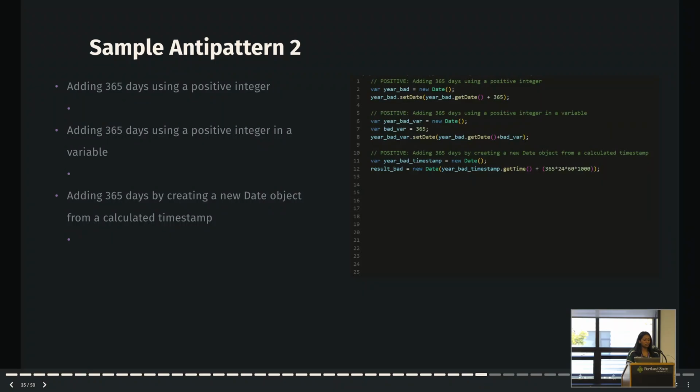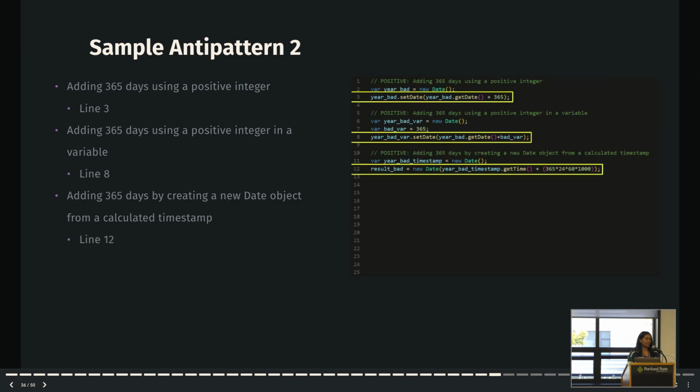Based on these samples, we have 3 alerts we would like CodeQL to find. Does anyone have any ideas what lines they would be on, if you can read the line numbers from where you are? If you could guess and see it from where you're sitting, lines 3, 8, and 12 should be the ones that are alerted, with the entire statement with the addition being highlighted. Based on this, we can begin the process of creating a query.